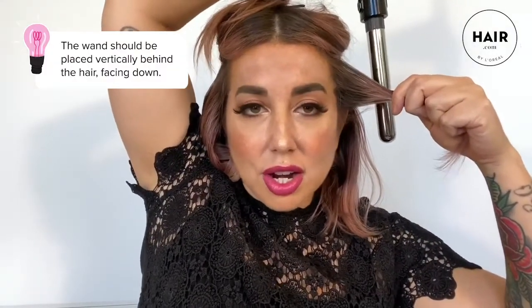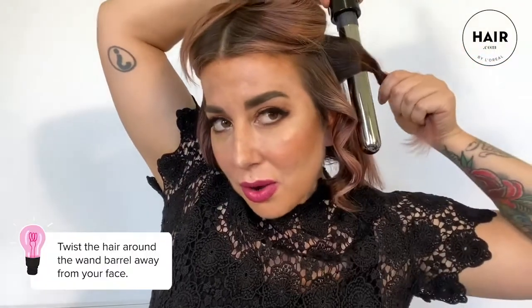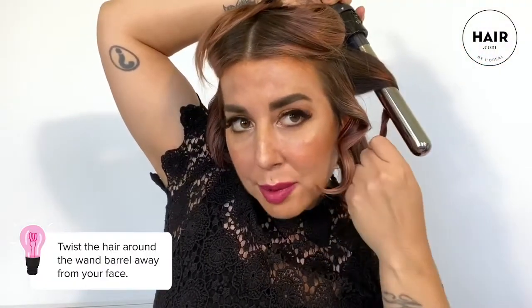With our wand, we're going to have the curling iron face down, and I'm going to come behind the hair so I can work with moving the hair away from the face. And this way it opens up for whenever I need to wrap the hair around the barrel. Up and over I go. Barrel is facing towards the floor. I'm going to go away from the hair, so I'm going to then wrap